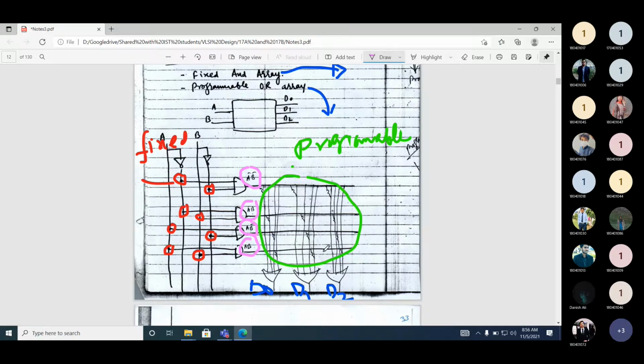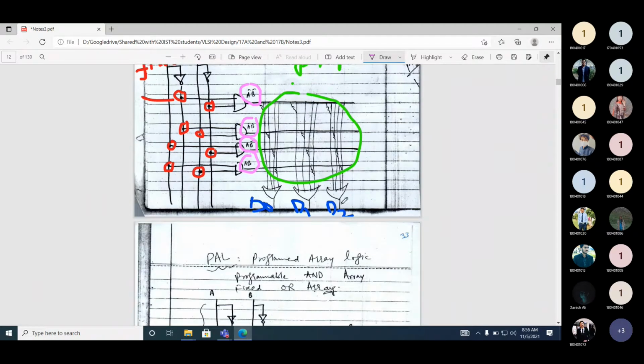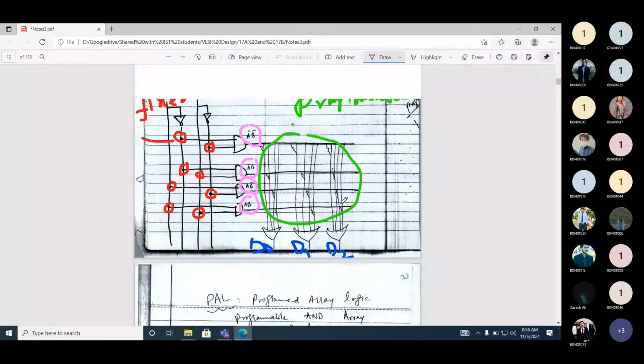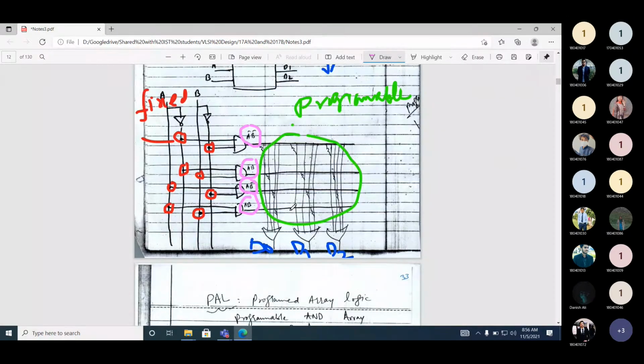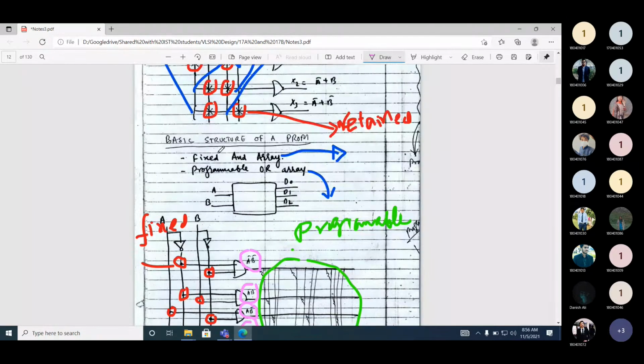Now you have to program it here: D0, D1, D2, and D3. Based on the status of the switches here, you can implement different functions. So this is the basic structure of a PROM. It has a fixed AND array and a programmable OR array.